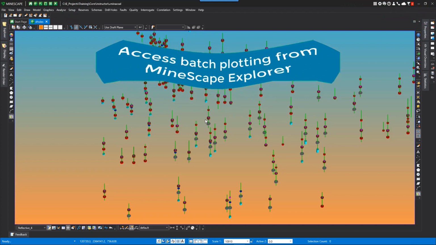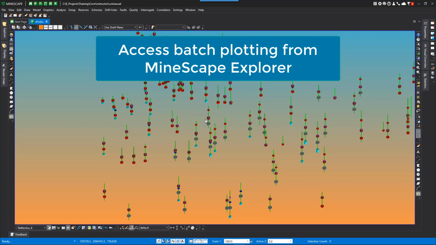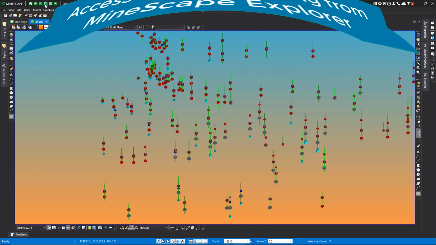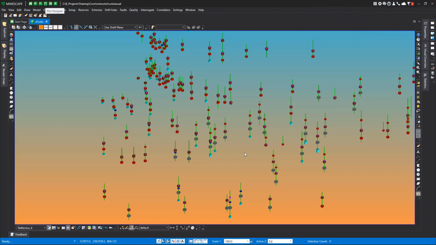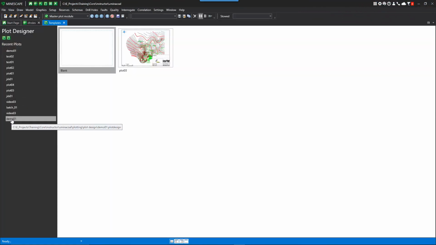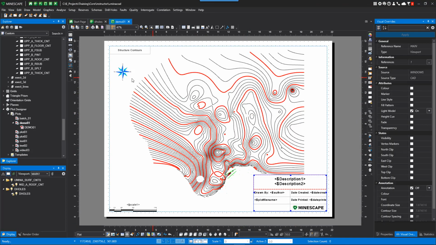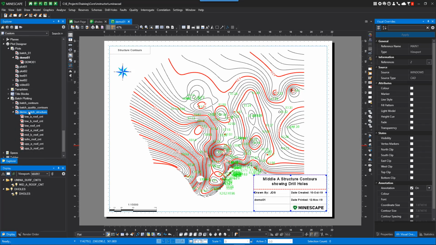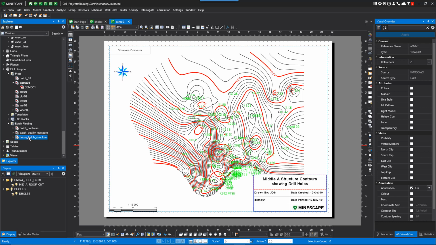To do batch plotting, open the folder batch plotting and then either create a new spec or open an existing plotting specification. So first I'm going to show you which plot designer I'm going to use. I called it Demo 1. So I'll open it up so you can see how it's built. And if I toggle this, you can see the descriptions being changed. So if I just open up batch plotting, I've created one called Demo Batch Structure. So if I just edit this,